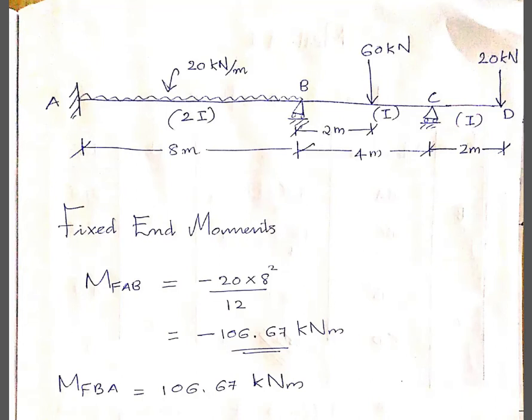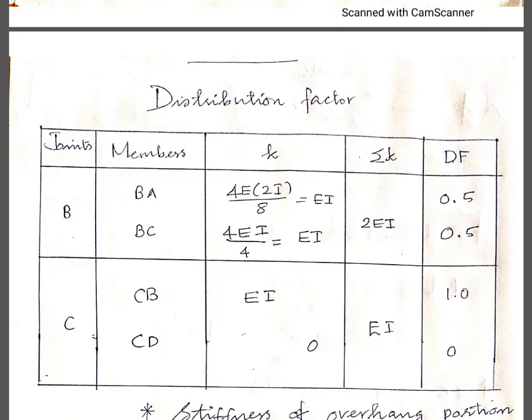So here joint B connects the members BA and BC, and for the stiffness of BA, 4EI by L. So 4E into 2I by 8, which is equal to EI,